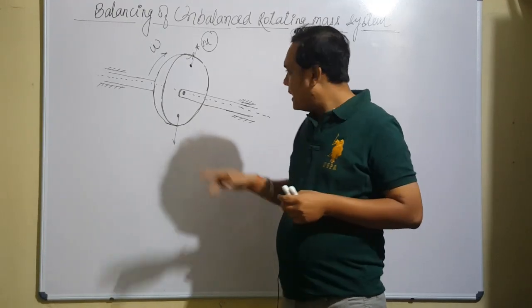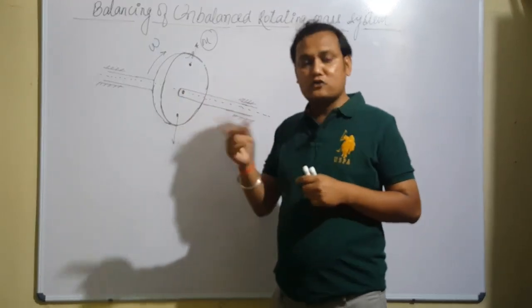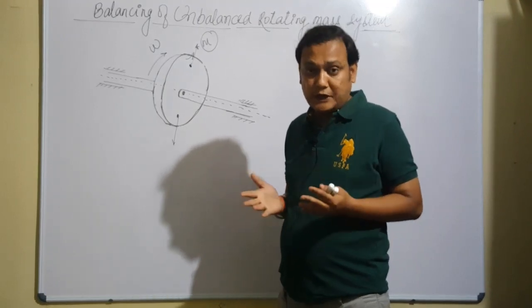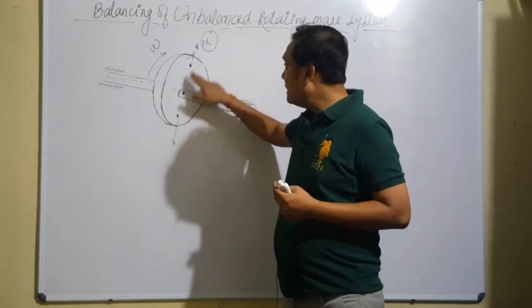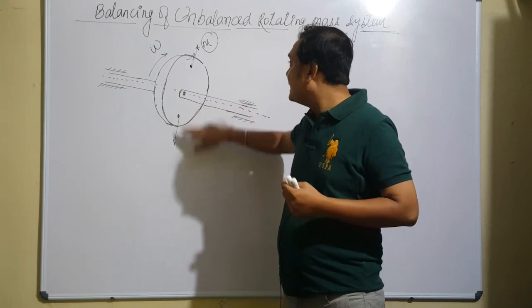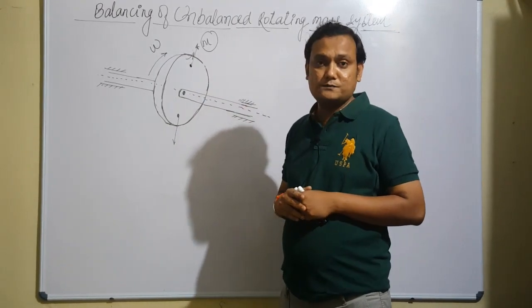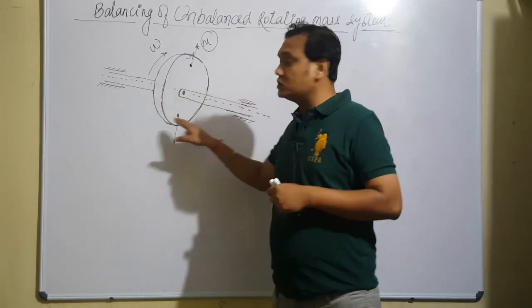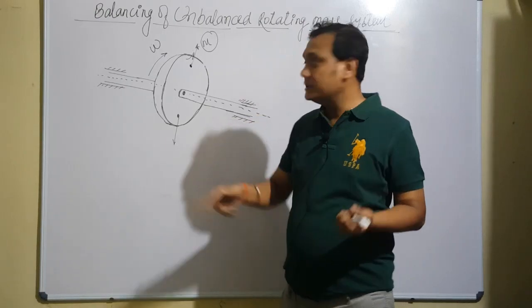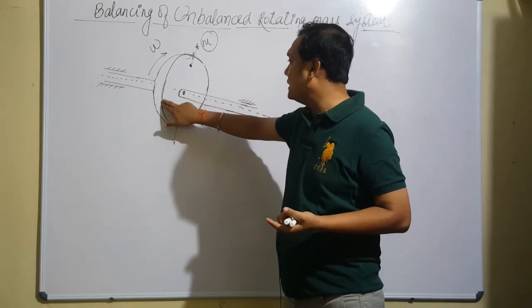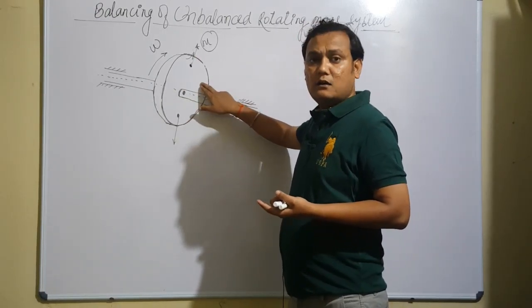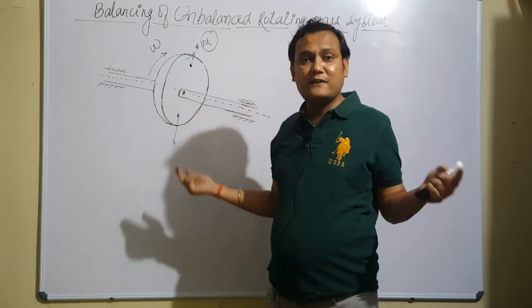Or every single point on the body is going to feel the centrifugal force, which is actually true, but there will be an encounter point which will nullify the effect of the centrifugal force. So the net centrifugal force on the body is going to be 0. This will be balanced by this. Here if you take the point, the mirror image will lie here, and those centrifugal forces will nullify each other,